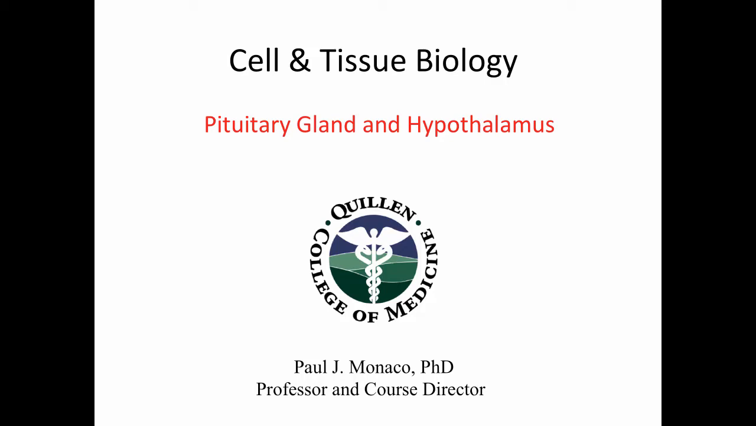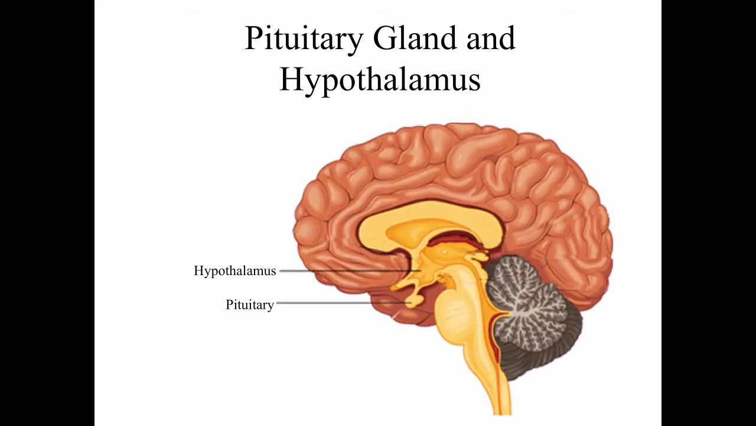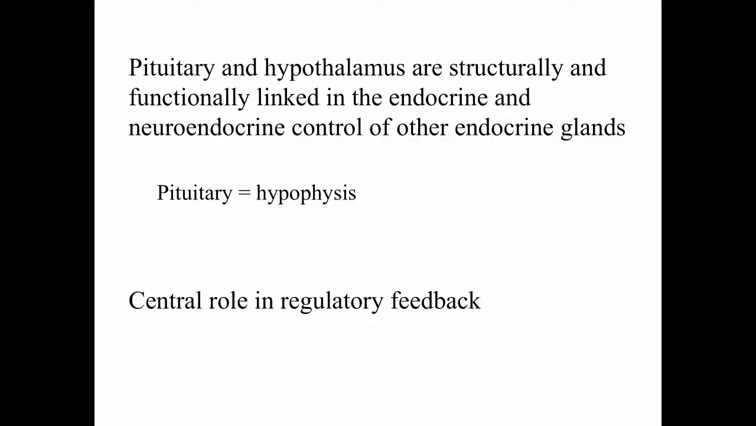This second podcast on our series on the endocrine organs will deal with the pituitary gland and the hypothalamus. The pituitary and hypothalamus are structurally and functionally linked in the endocrine and neuroendocrine control of other endocrine glands. Now, the pituitary is also called the hypophysis. The pituitary gland plays a central role in regulatory feedback, and you'll see this in much greater detail in your